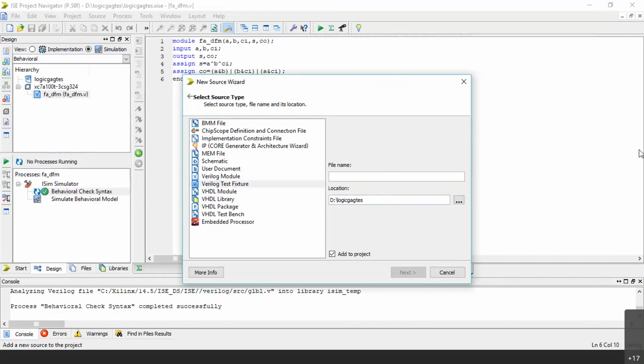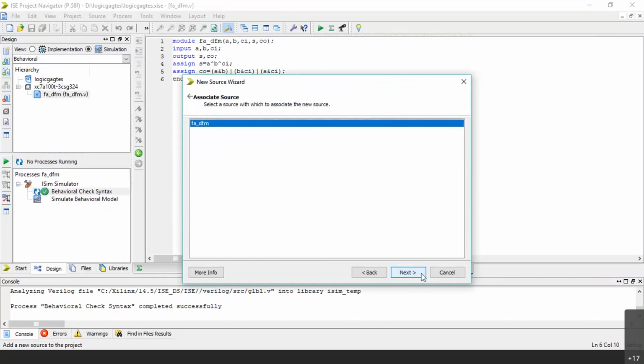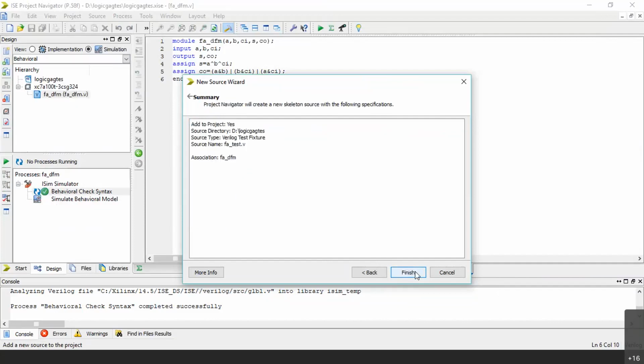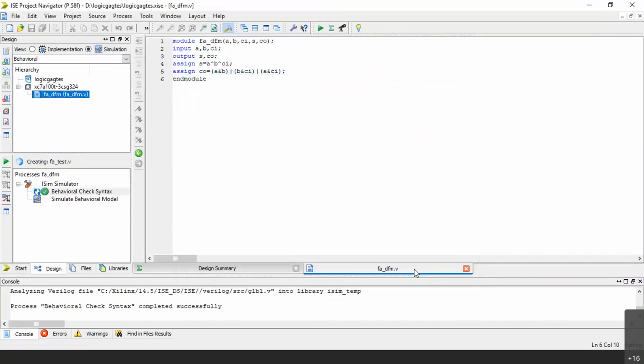So let me give the name fa underscore test.v. Let me give that name, and let me give next. And associate source fa underscore dfm is already there in the source. So let me click on next. Let me click on finish.